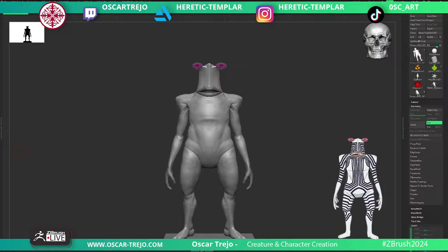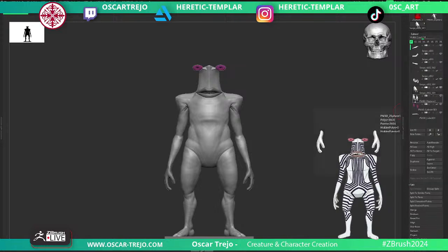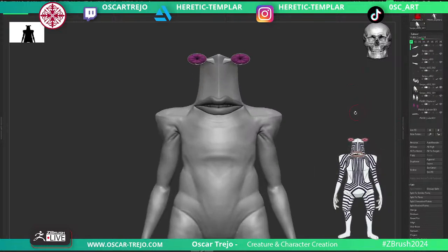Hey Tien, thank you. We did this in our last stream last week, so tonight is going to be more fun because we already have the shapes done. So it's pretty much just investing time on adding details, working on the wrinkles, all the fun stuff. So first of all, I'm going to merge everything into a single mesh, especially